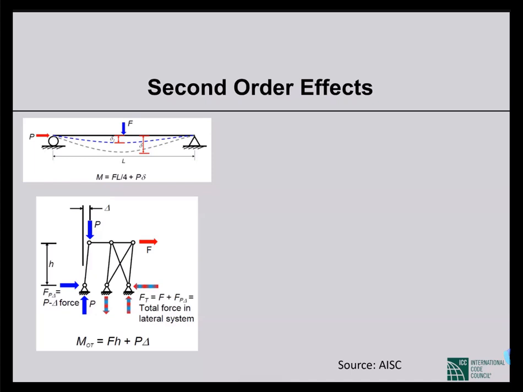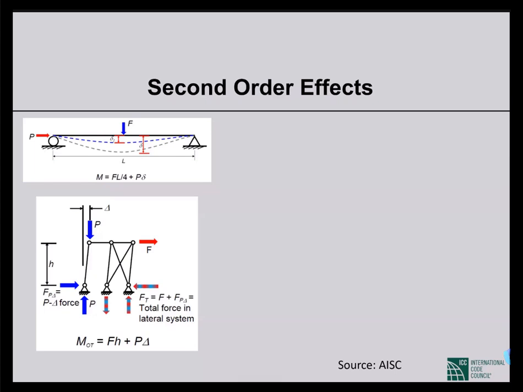If we don't consider this sway in calculating the moments, if we calculate the moment in the undeformed shape, then the moment will be this F into the height of the frame, FH. But after the deformation, this capital delta, if we calculate the moment at the bottom, that will be FH plus P capital delta, P big delta or large delta. Different people term it in different ways. So P large delta. So this is another effect.